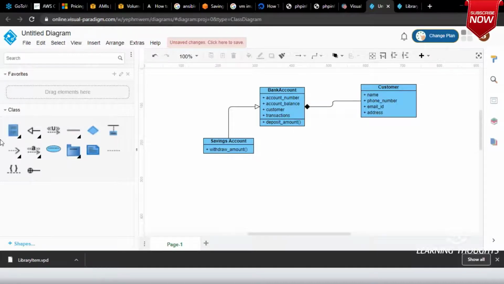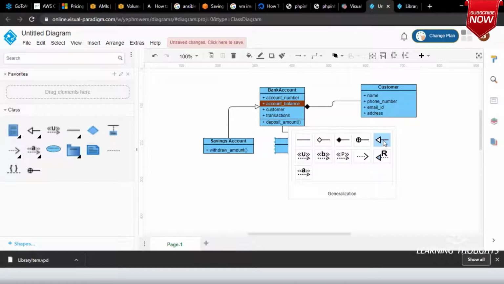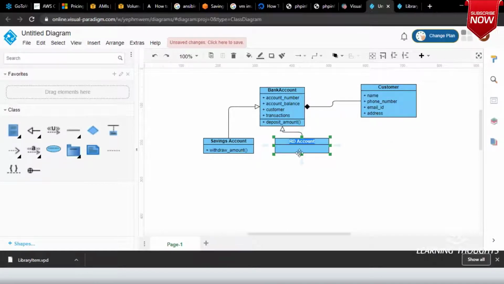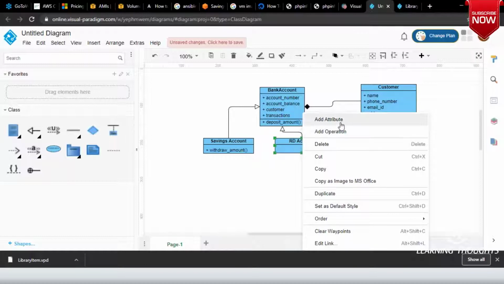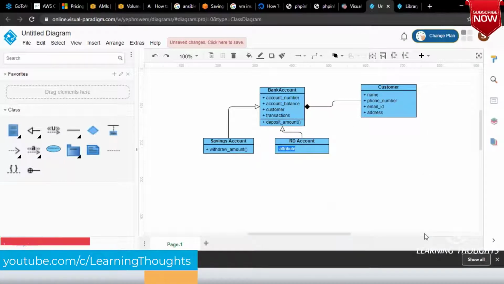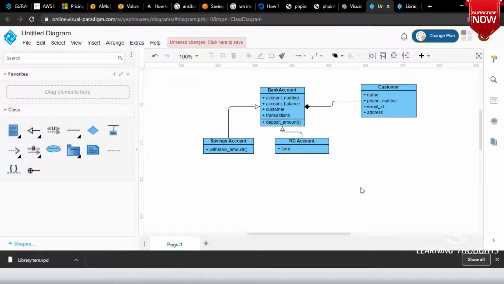Now, let me draw different kinds of accounts. So savings account. Okay. I'll be writing RD account. RD account is recurring deposits account. Okay. In recurring deposits account, what you would have is, okay, this is also generalization. And in recurring deposits account, you would have an operation or attribute, which is term. For how much term you would be doing this recurring deposits? Okay.